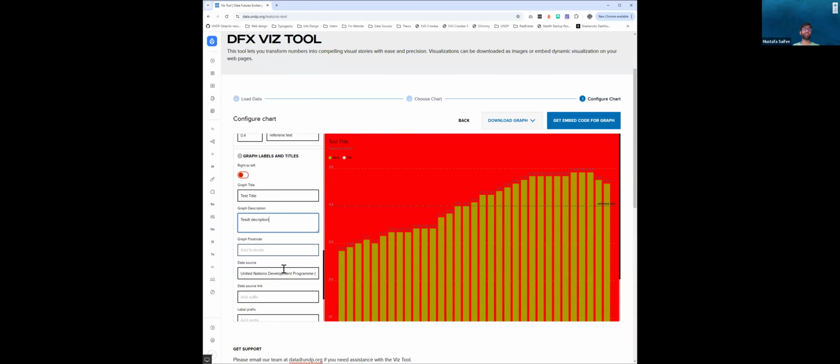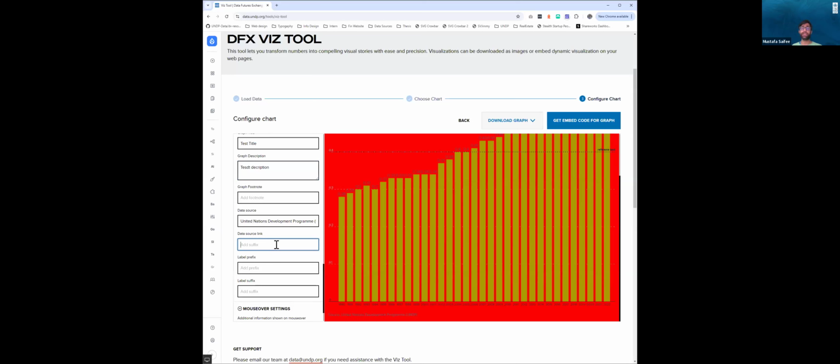So let's say I want to just create a link to UNDP. If you want to see the link to UNDP, I can just add a link here, and it will add a link by default. And basically, here's one feature that we have, especially for our colleagues who are from like Middle East or